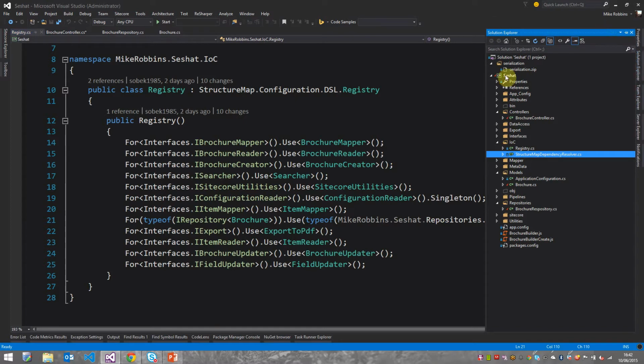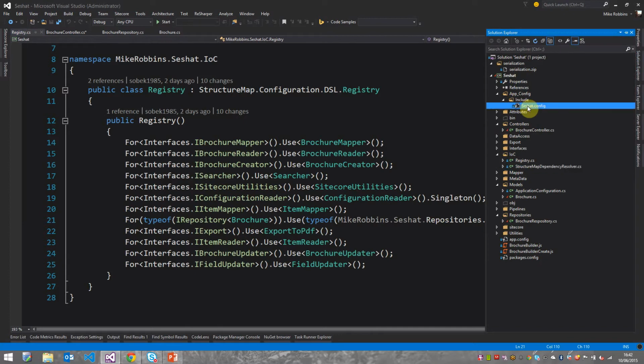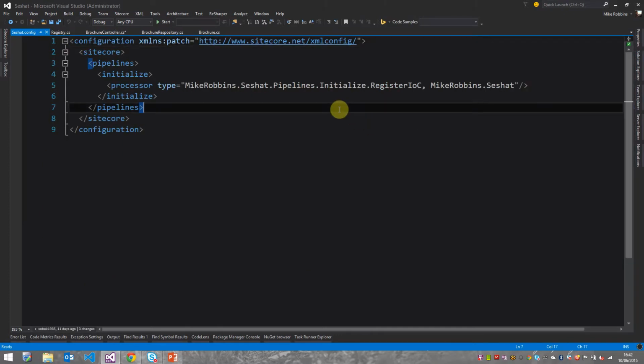The last thing we need to do is actually get that to work with Sitecore. So the way I've done that, we've got my config file here. Within the initialize pipeline, I've got a processor, and this is where I create my instance of my IOC container and actually get .NET to call that. So if I jump into this class,